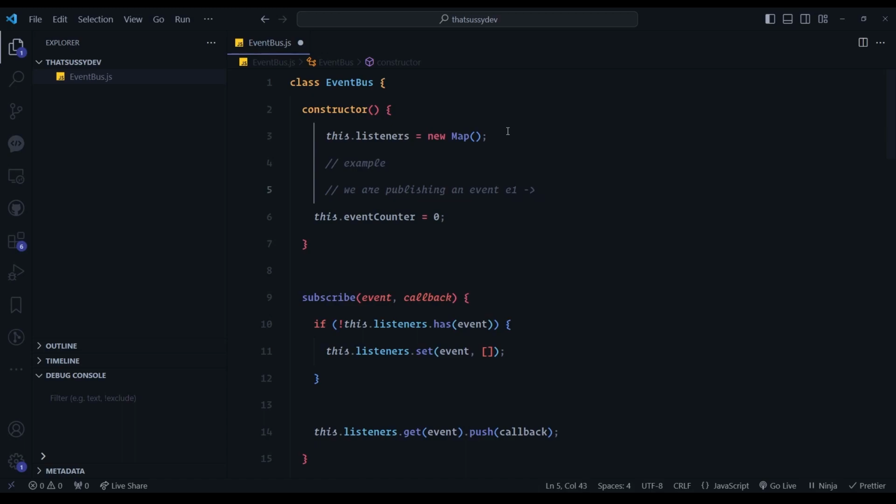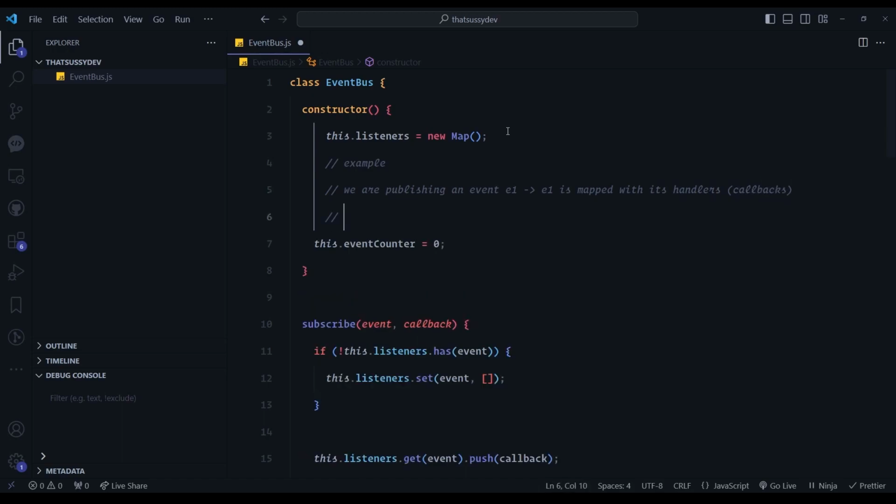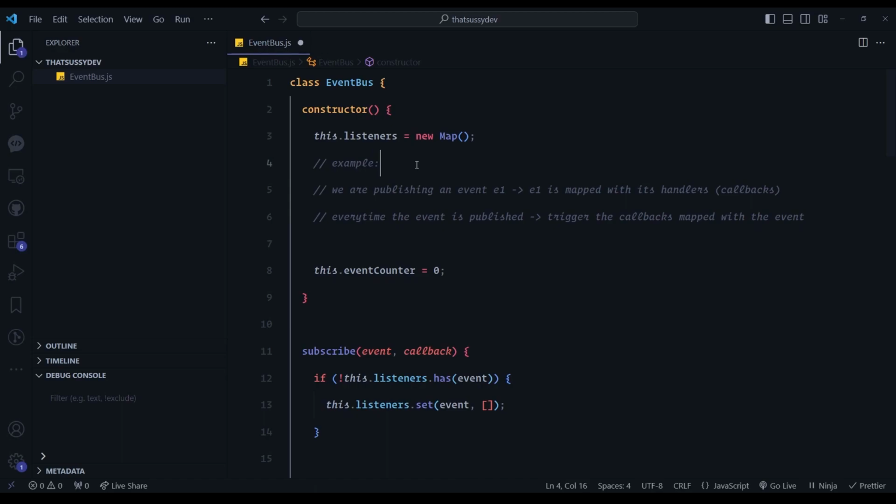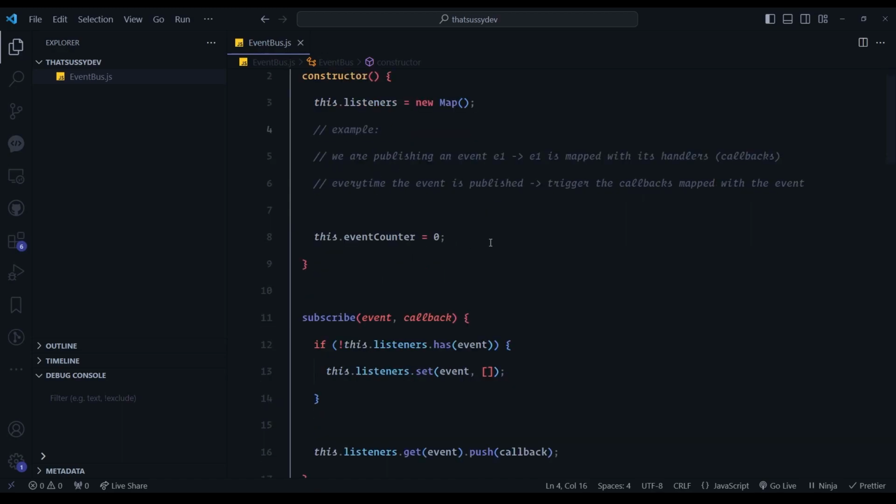Then what's going to happen is E1, with its handlers, which are the callbacks, every time the event is published, I will trigger the callbacks mapped with the event. So this is what is happening, and this is why we need the map, and we are declaring